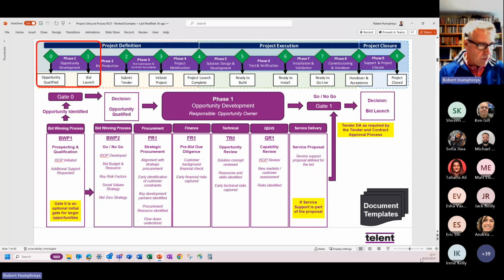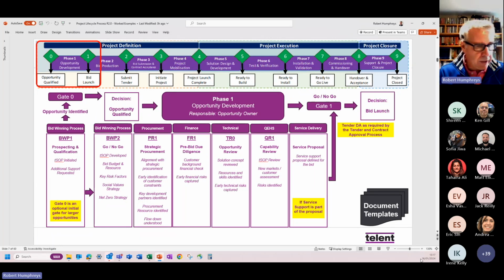We're looking to identify whether or not we're going to invest time, energy and effort into an opportunity. Then I'll step into gate 1, where we've decided that, yes, we are going to go for it. We're now looking to make sure that we can set up the bid team to actually deliver that. But as you can see, there's quite a lot of input that we need between that initial part, which is